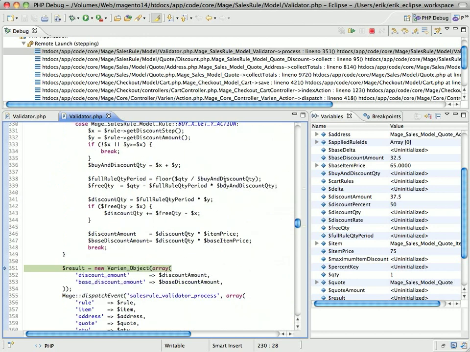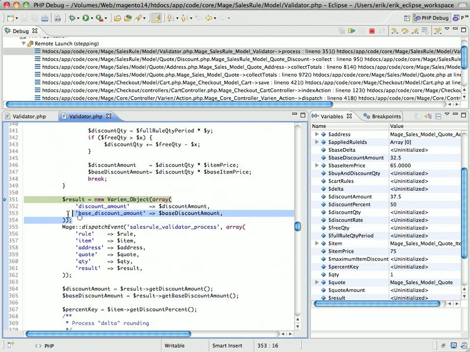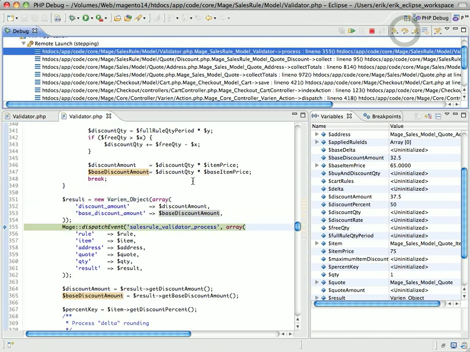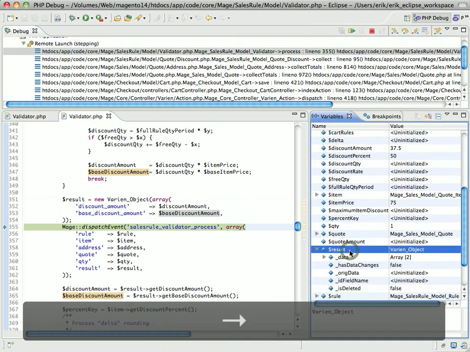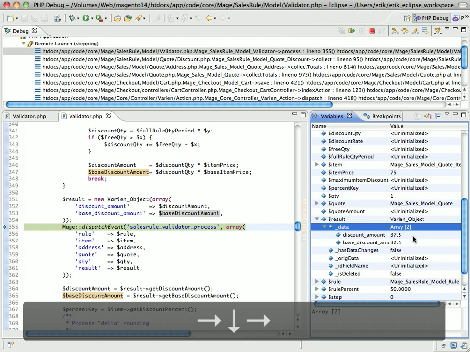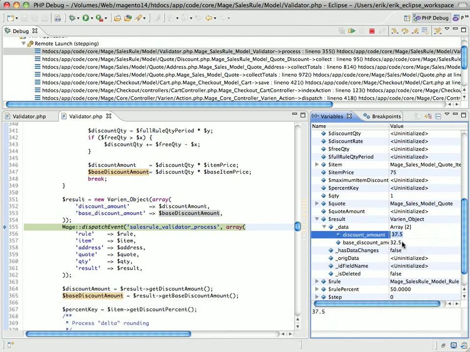So as I scroll down here, I see that there's this result object getting created, and it gets passed to a sales rule validator process method, which means that if I set up an event observer and I receive this result object and make changes to it, then hopefully the coupon codes would actually get applied. So what I can do just to test is I'm going to jump to my next line of code, and this result array or object right here,